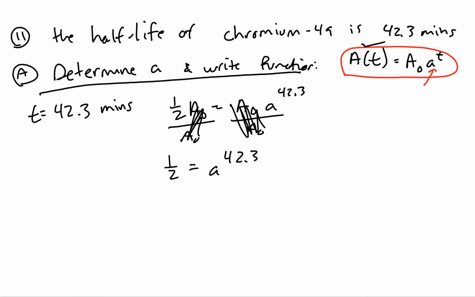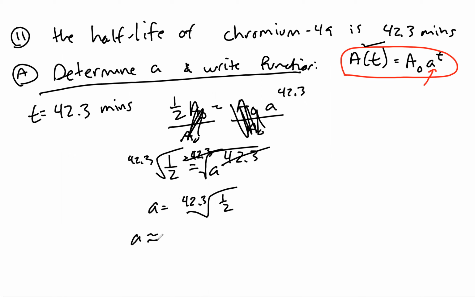Now I know this seems ridiculous to take the 42.3 root of something, but that's exactly what we're going to do. So the 42.3 root on both sides. Then of course on the right-hand side, the 42.3 root being raised to the 42.3 cancels. So I'm left with A equals the 42.3 root of 1/2. And when I calculate that, that's going to give me approximately